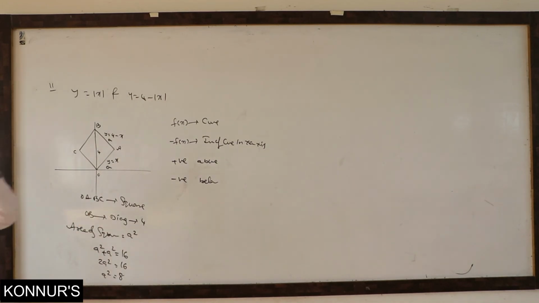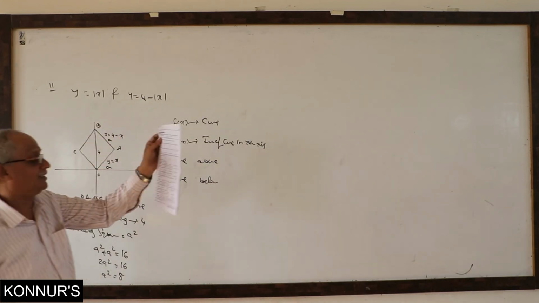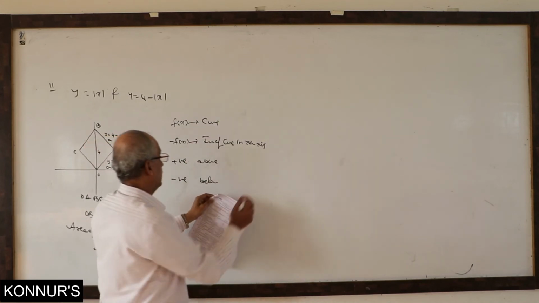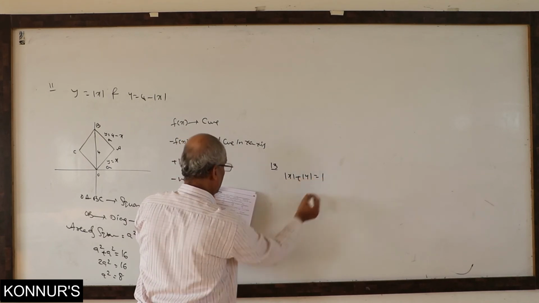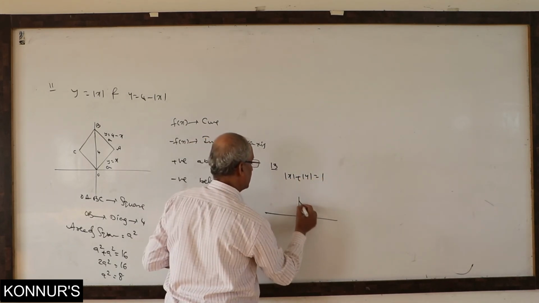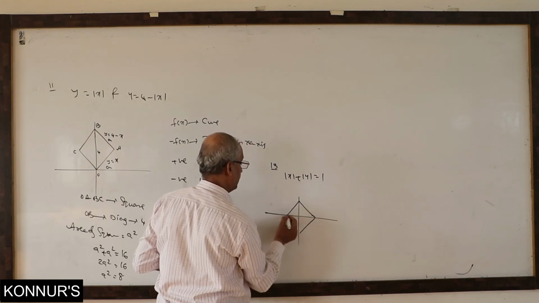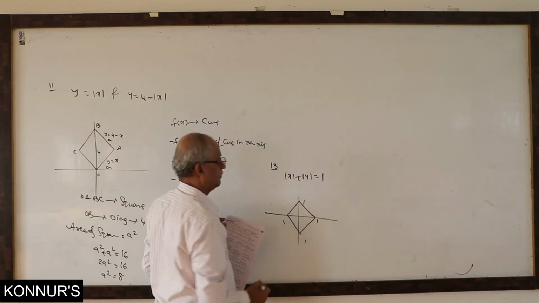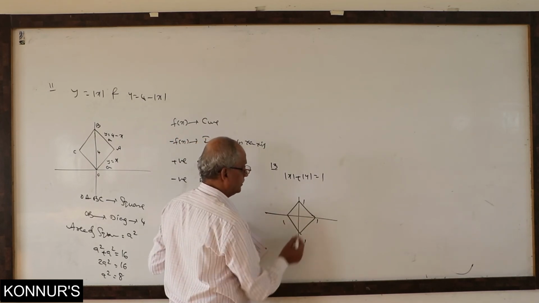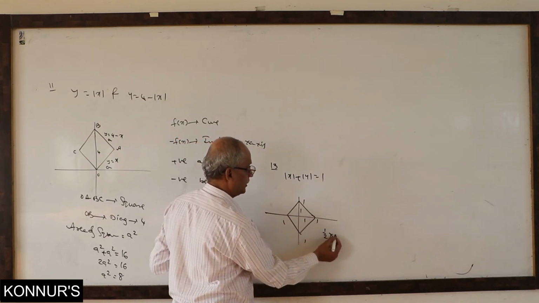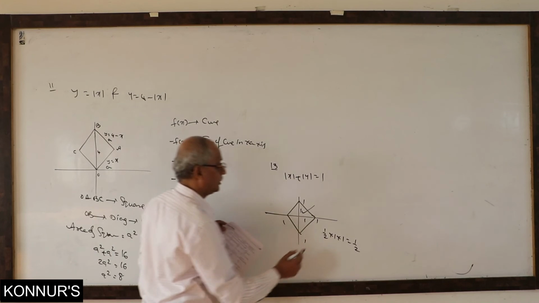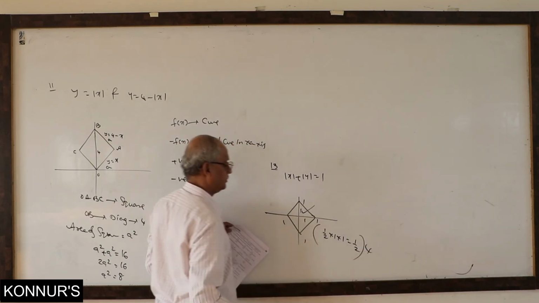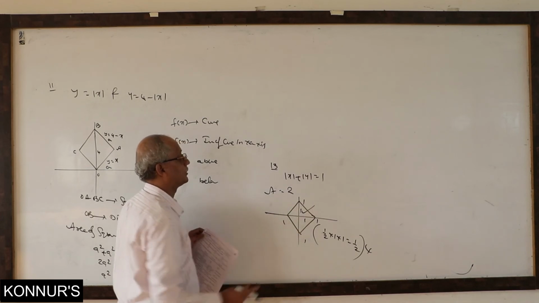Okay, that is complete. Then see the next problem, already given in the synopsis. Mod x plus mod y is a rhombus. This is about 13th. Mod x plus mod y equal to 1. What is the tracer? It is a rhombus with 1 unit, divided into 4 equal parts. What is this area? Half height into base. So one area is 1 by 2. How many areas overall do we have? 4 equal parts. Therefore the answer must be 2 square units.